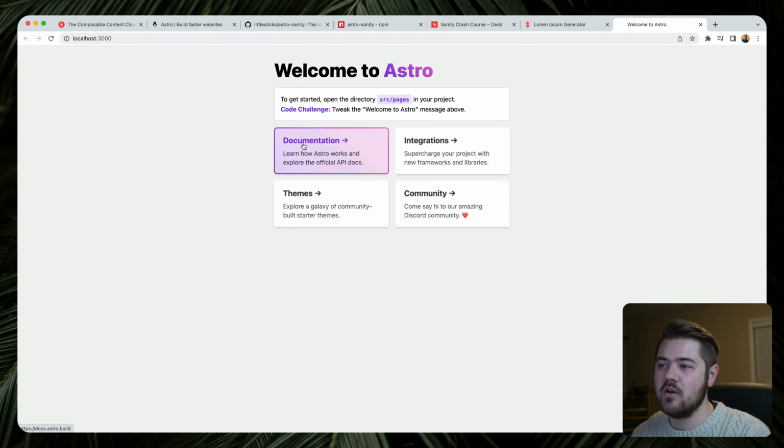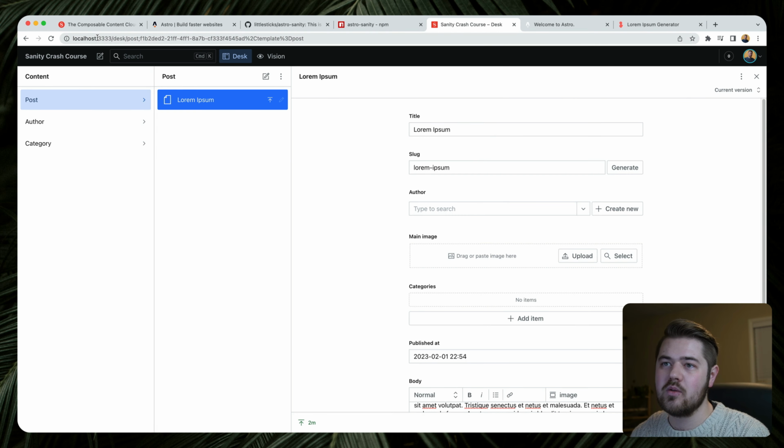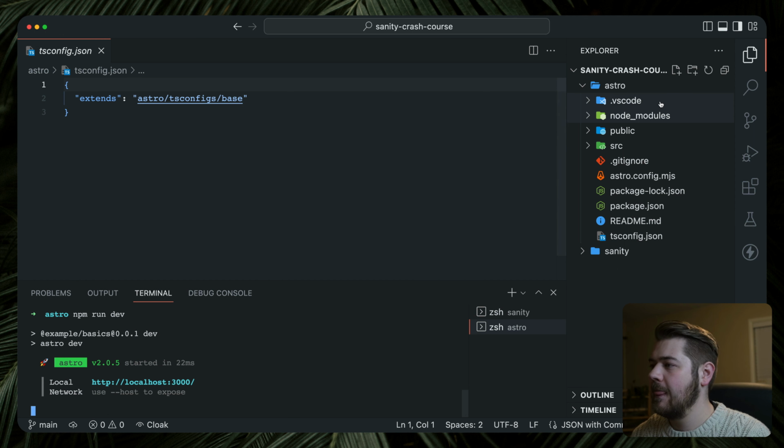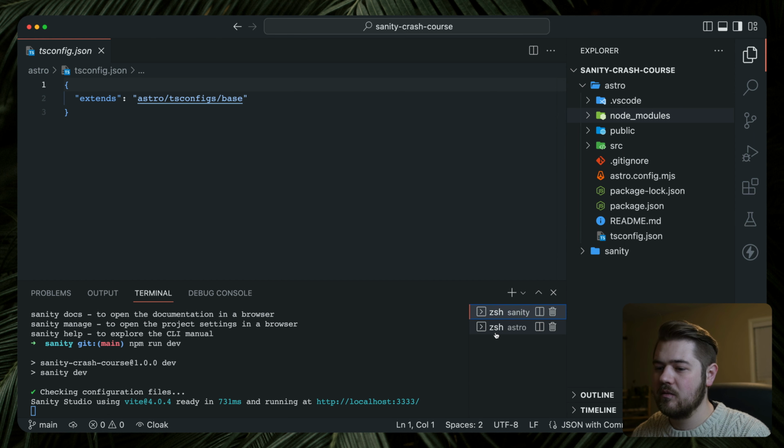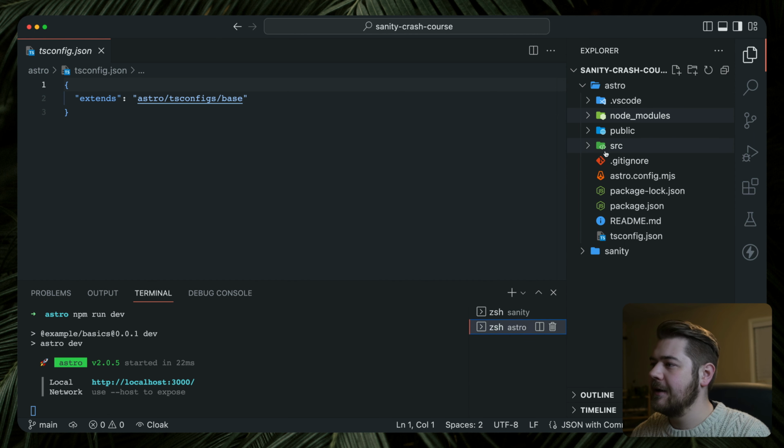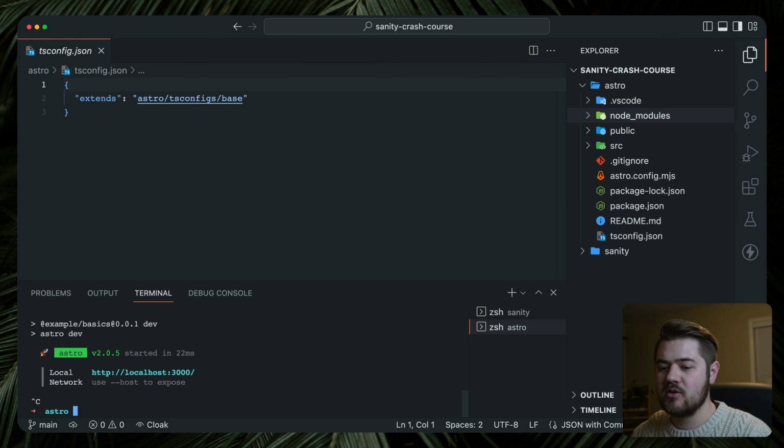So welcome to Astro. Documentation, integrations, got all the cool stuff there. But localhost 3000 for Astro, localhost 3333 on Sanity. So both of them are running. I've got two terminals here. Let's go ahead and kill the Astro server though, and we're going to do npx astro add